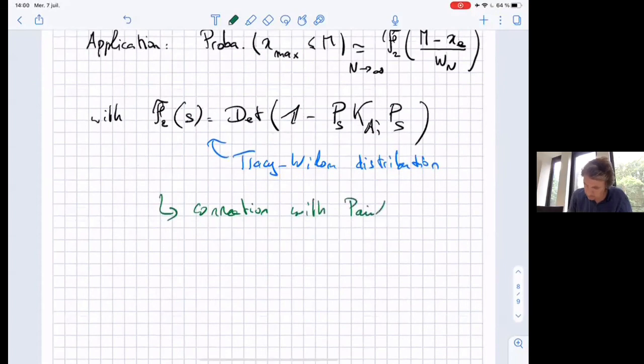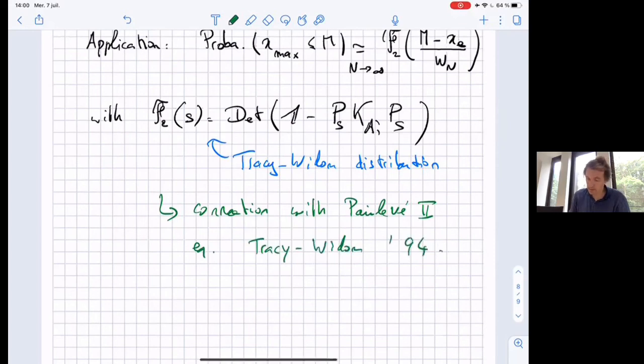With the Painlevé 2 equation. Okay, so this is actually something quite non-trivial, and again, this was really the main achievement of Tracy and Widom in their paper from '94. And then their method actually can be extended. I don't know any easy way to do that. We have used these methods in various papers, but